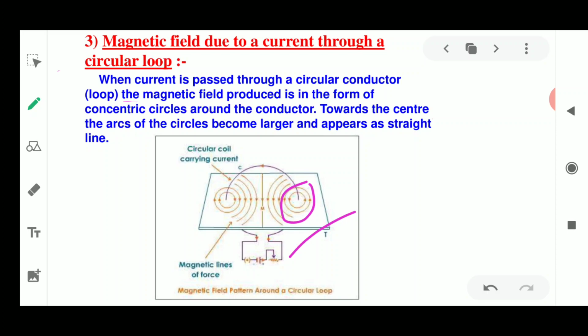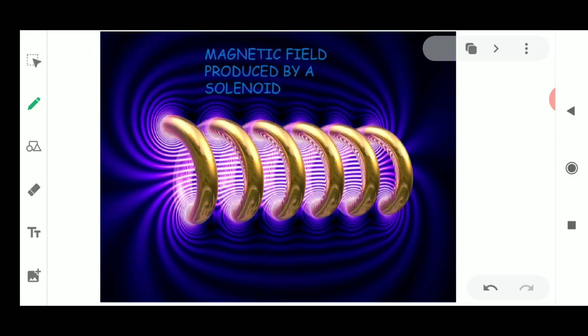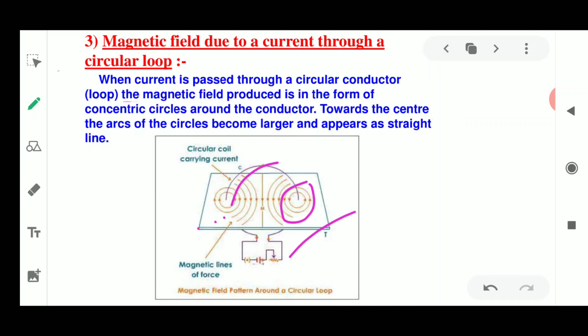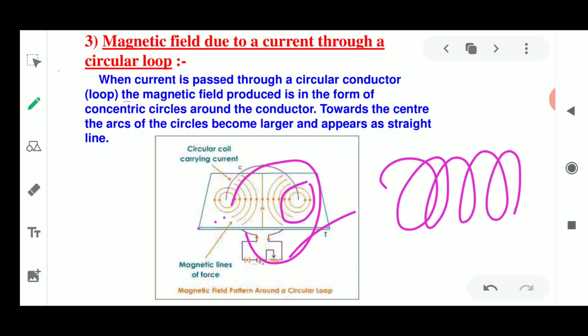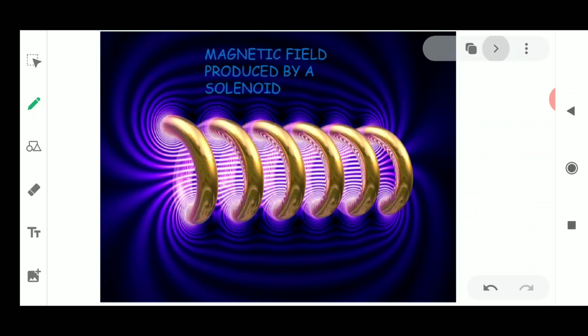Okay, now we know that the magnetic field produced by a current carrying conductor or wire at a given point depends directly on the current passing through it. Therefore, if there is a circular coil having n number of turns, then what will happen? There could be another structure made by using such a number of turns. Here only one turn was there in the wire. Now what happens if the wire takes several turns? Then it becomes a new structure, and this structure is known as a solenoid. See, this number of turns is there. It is just like a spring, which forms a new structure called a solenoid.